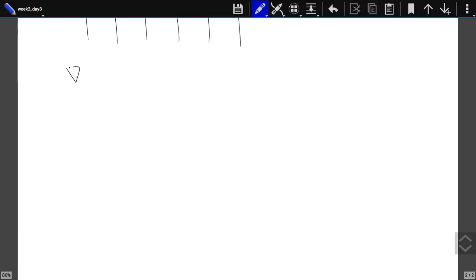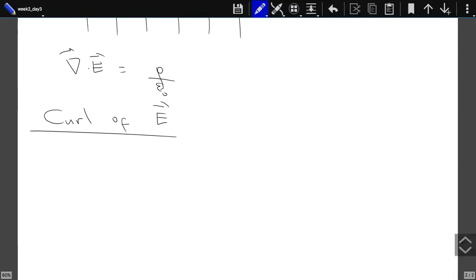Now, the Gauss law we had derived from the divergence of the electric field. Now, let's look at the curl of the electric field. Now, again, there are different ways of studying the curl of an electric field. Remember, the curl will be relevant. For example, you take an area, not necessarily a closed area, better not a closed area,